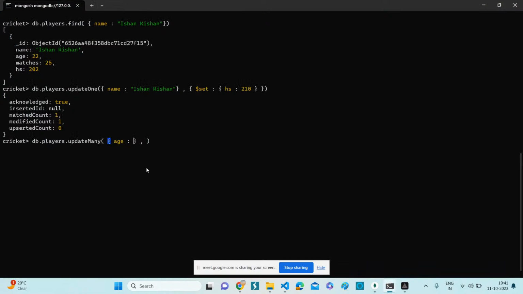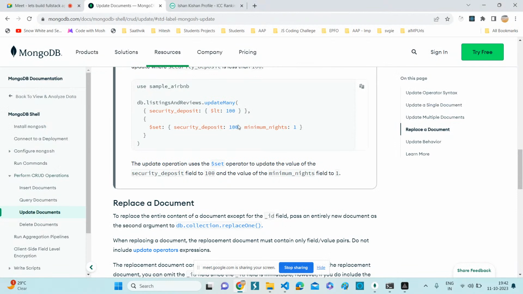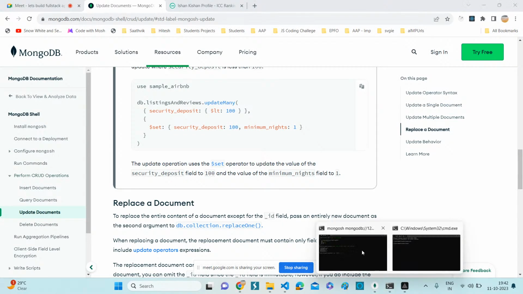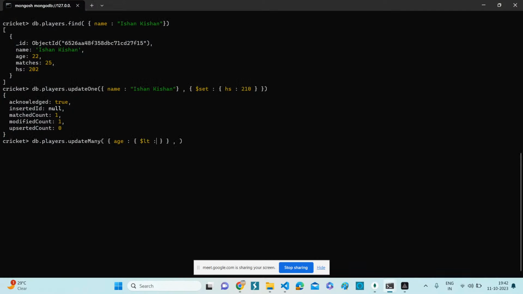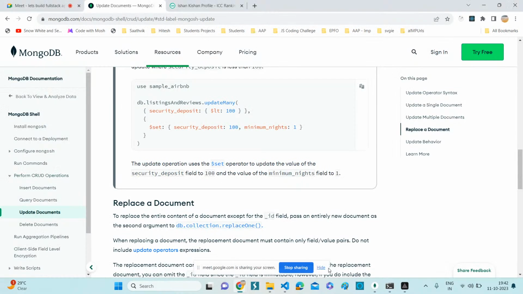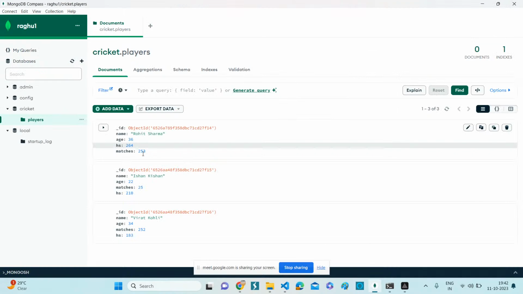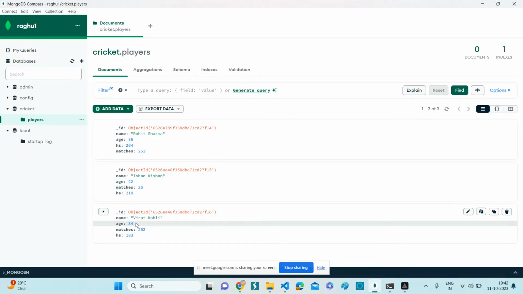Here, for age, again you need to give a curly brace because this is not a direct value. We are doing a calculated value. That's why again dollar less than, LT, less than 35. Suppose how many players are there with age less than 35 in our database? Virat Kohli is there and Ishan Kishan is there. So I'm just updating